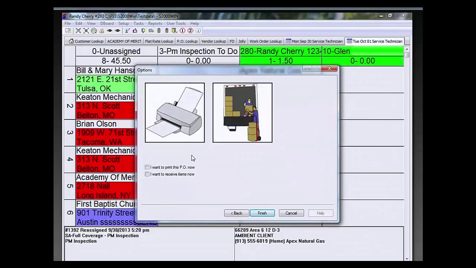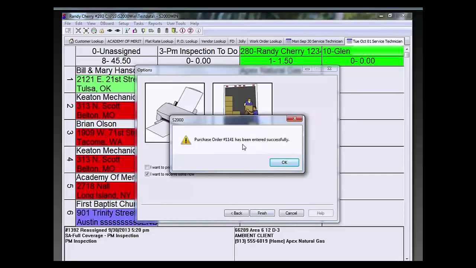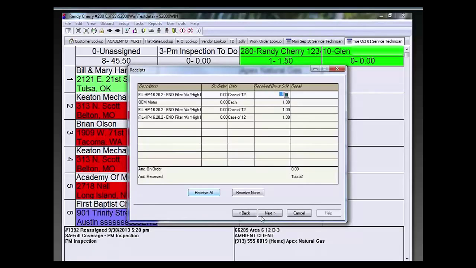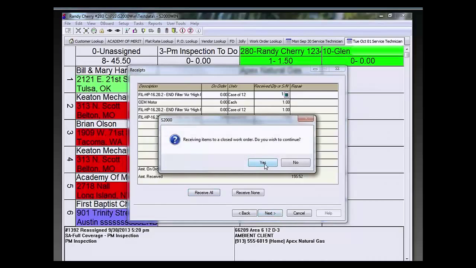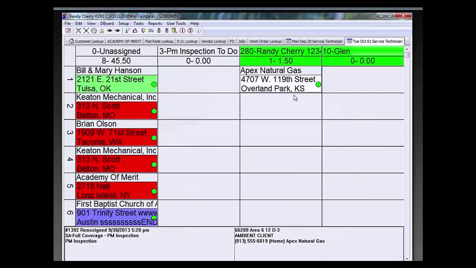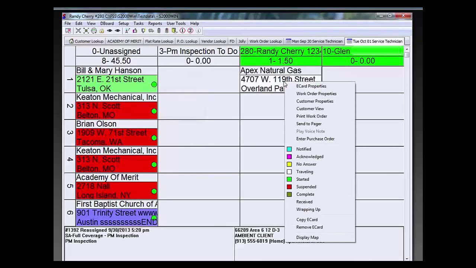At this point, if I want to, I can indicate that I'm receiving these items right now, so that particular box can be checked off. And then I can go ahead and finish this particular ticket by giving the purchase order number directly to the service tech at the supplier's facility. If I wish to at this point, I can then go ahead and receive these items, and I've completed this